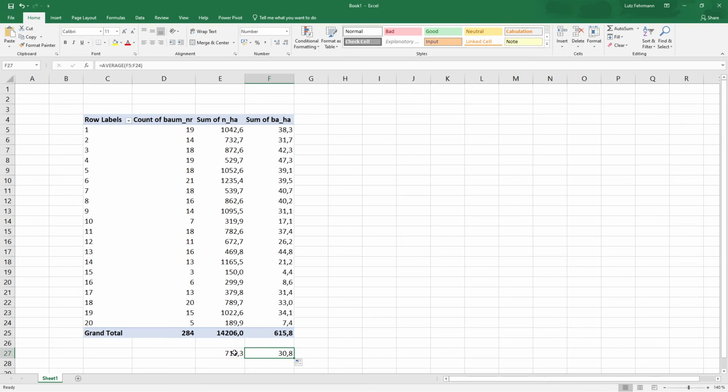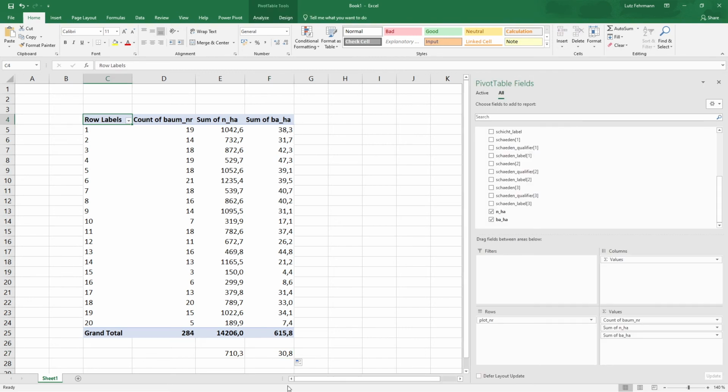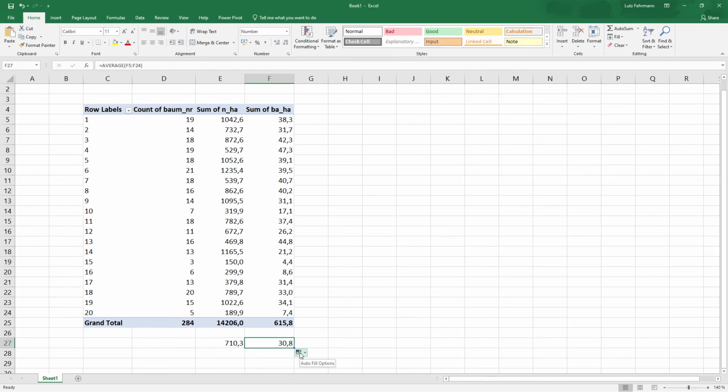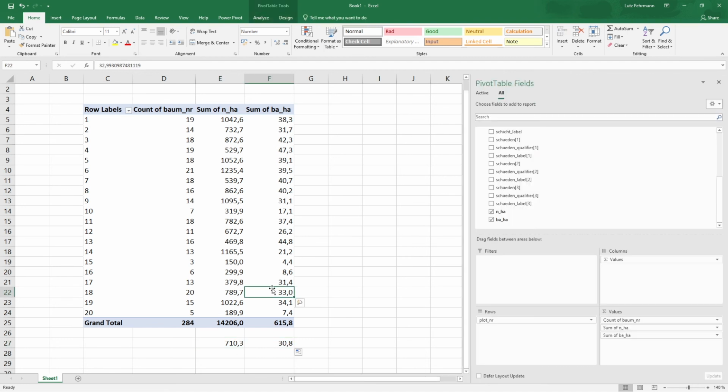So this is nice, and we can do it like this. However, it would even be nicer if we have this calculation as a measure that we can also use here in our pivot table at any position. And this is something that I can show you in a moment, or at least give you a very short hint how to do that. So this is now our estimated mean basal area per hectare, and this is the mean number of trees per hectare from these plots. In the same way, you can also calculate the related statistics and confidence intervals.